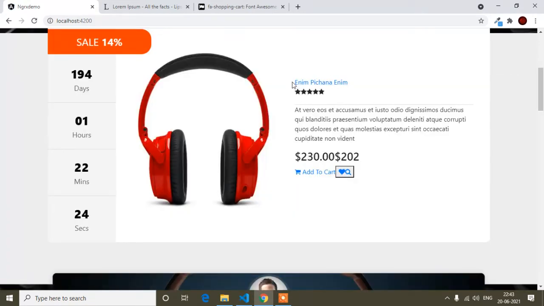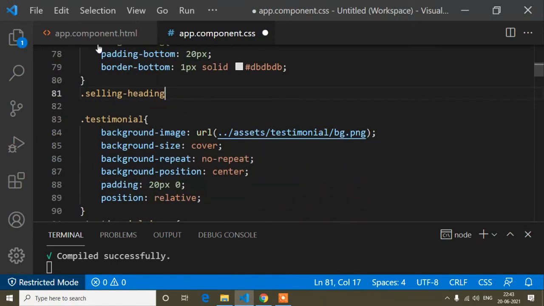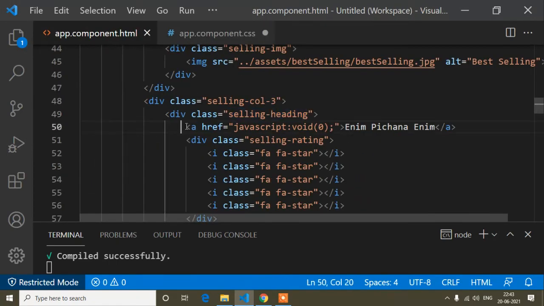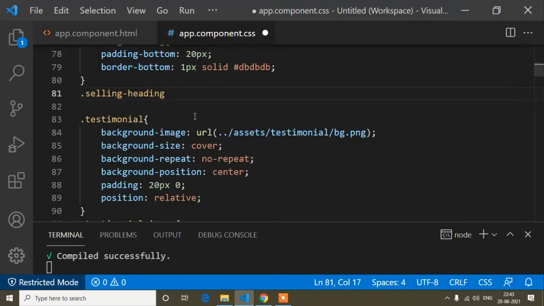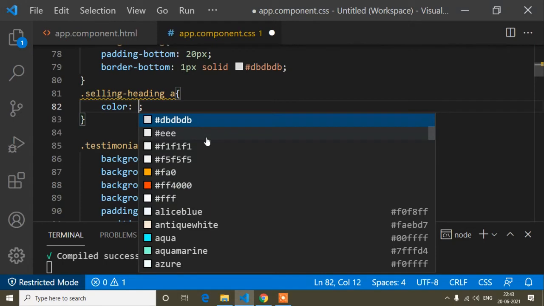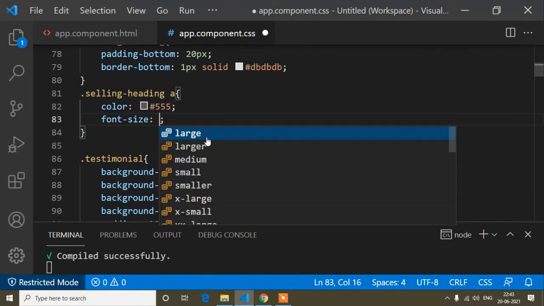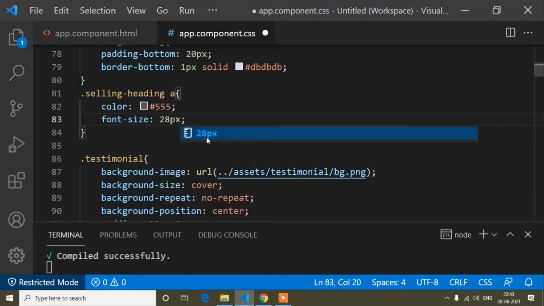Okay, now I will add the design for this anchor tag first of all. So I will copy this one and just here I will paste, because this is the parent and inside this parent there is the anchor tag. So now here I will write this anchor. And now first of all the color of this anchor tag, this color code, and the font size is 28 pixel.